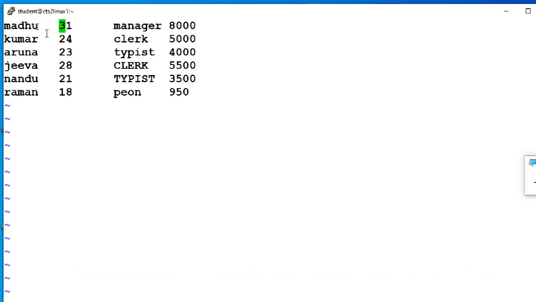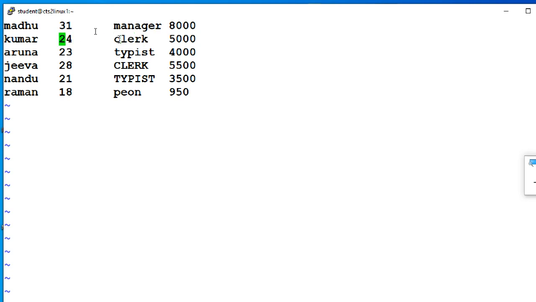Then go to this position, backspace, then now it is Madhu 31, and press the tab button. Then you will get a tab space. Tab indicates the split, from row to column, so each element will be in a different column.